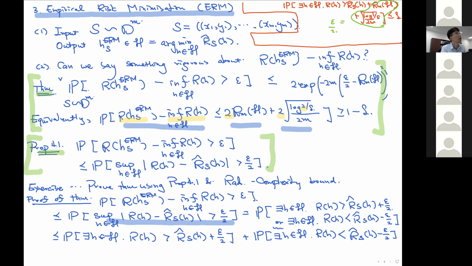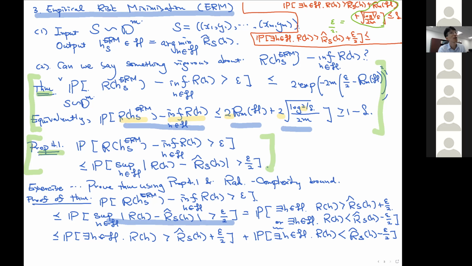It's going to be spread here, probability of epsilon over 2. That's going to be bounded by